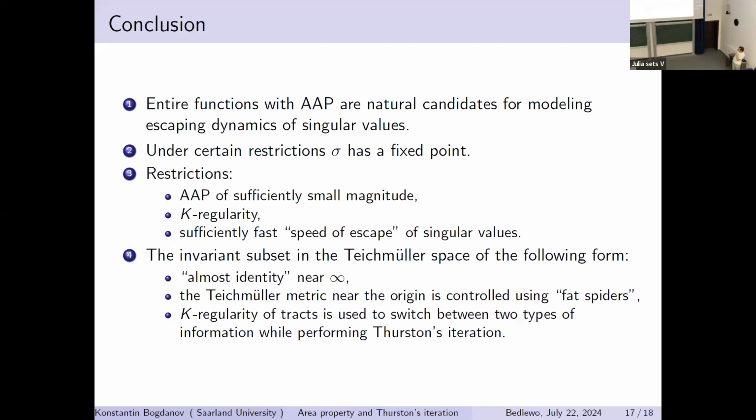Just a small remark: K regularity follows from finite order, as I said. So it's already some